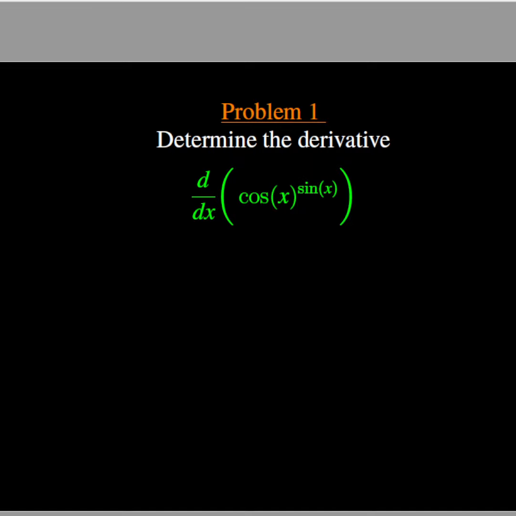Hi, we have a great question to solve. We are asked to determine the derivative of the function cosine of x to the power sine of x. See that this problem involves exponentiation, where the base function is cosine of x and the exponent function is sine of x. In order to compute its derivative, we need to apply the chain rule and the logarithmic differentiation